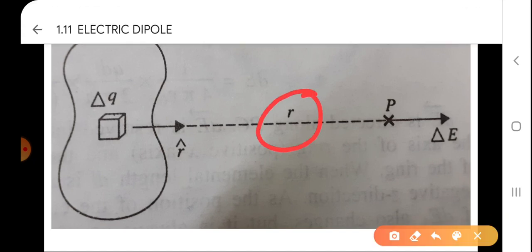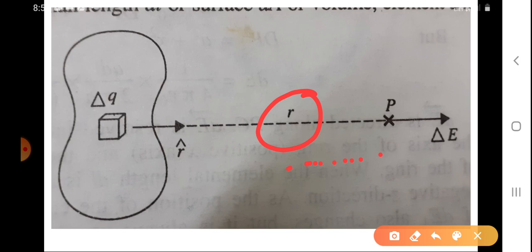Look at the diagram. This R is going to change. Suppose if you keep the point here and go on moving towards that, definitely R will change. When R changes, the density of that particular part will vary. Rho will vary, R dash will vary, R dash cap will vary. But we should always let delta V tend to 0, and the sum then becomes the integral.